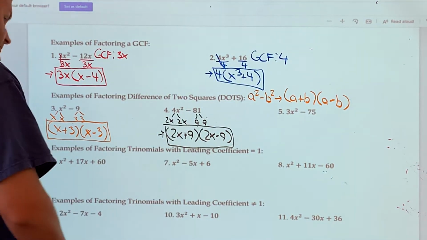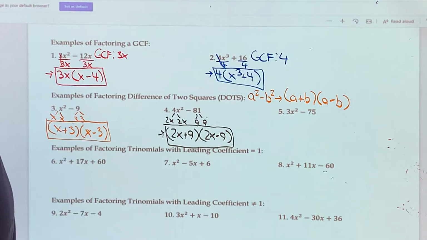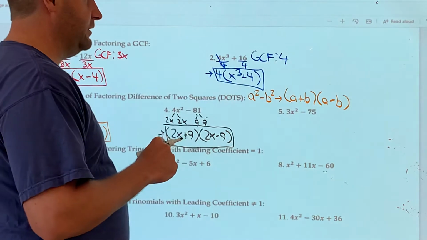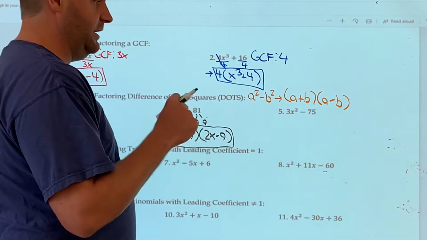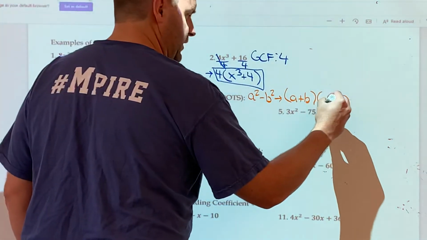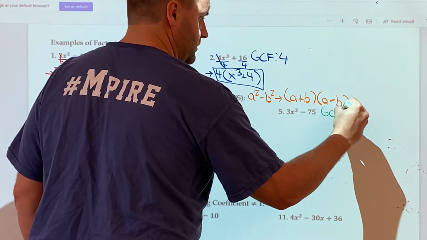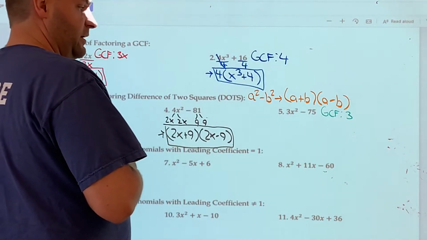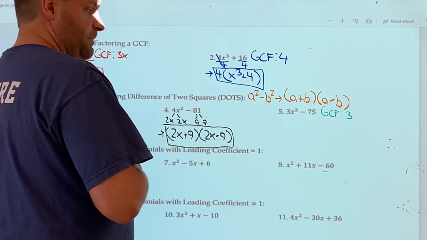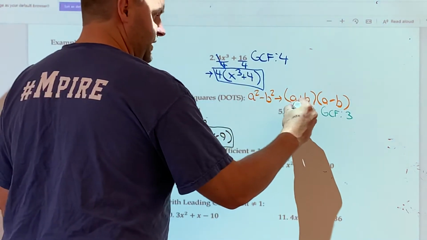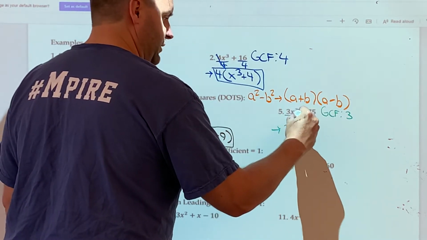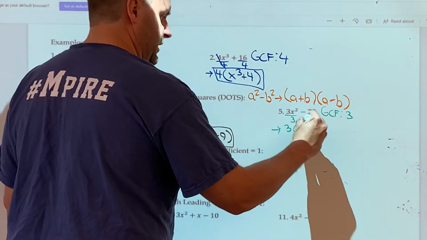Okay? All right, let's look at number 5. So we've got 3x squared minus 75. So I'm going to look for a GCF first. And I definitely see a GCF. We actually have a GCF here of 3. All right? And so that means that I'm going to take that 3 divided by both terms here and bring that 3 out front, and now that's going to leave me with now x squared